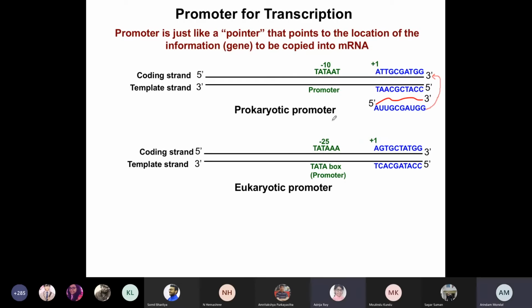So maybe because it's easier to break the hydrogen bonds there, because there are only... Yes, exactly right. So the AT base pairs contain only 2 hydrogen bonds. That means it will be really easy to unwind the sequence. And in order to initiate the transcription process, the RNA polymerase needs to unwind the two DNA strands from each other. That's why the promoter sequence that RNA polymerase recognizes always has a higher percentage of T's and A's within it, so that it can be easily unwound, so that the polymerase can initiate the transcription process.